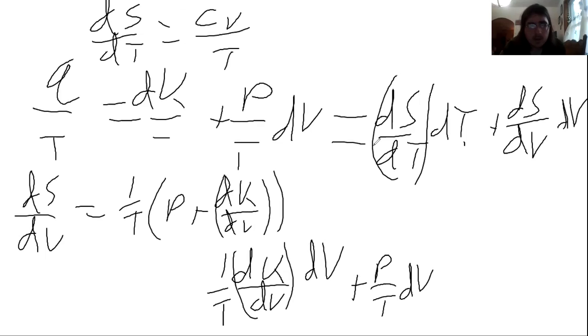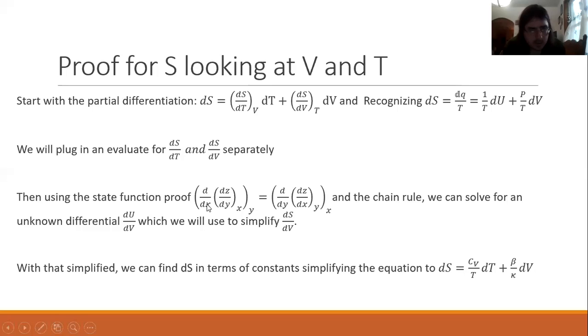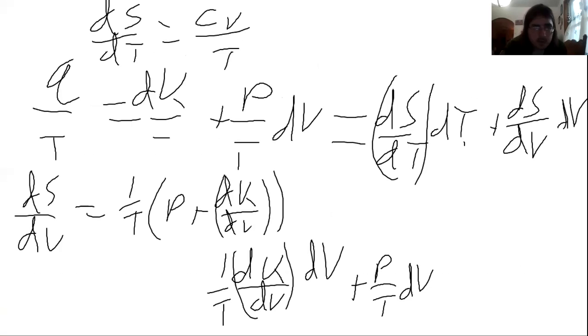So I'm going to go back to the share. We're going to use the state function proof that d over dx, dz over dy is the same as d over dy, dz over dx, and the chain rule to solve for the unknown differential du dv, which we will in turn use to simplify ds over dv. So let's go back to this. Okay. Go ahead and clear this. And just put up here,